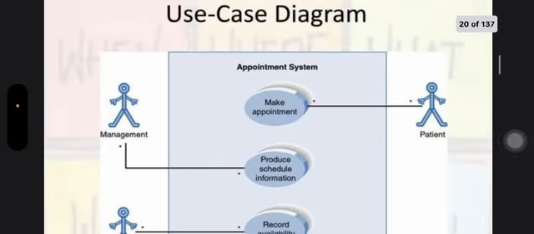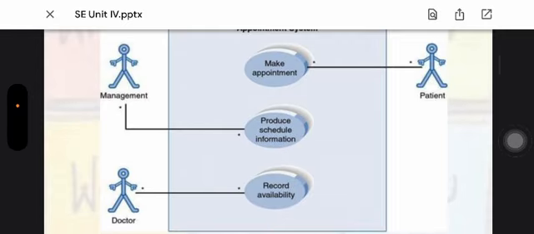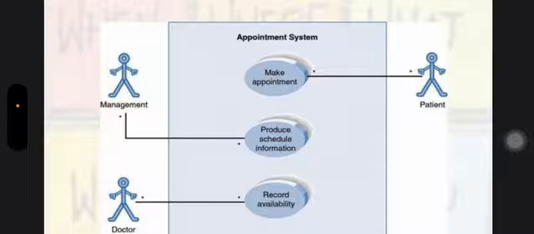Okay, so this can be the appointment system. The actors can be patient, doctor, management, and the use case could be make appointment, produce a schedule information, record availability,